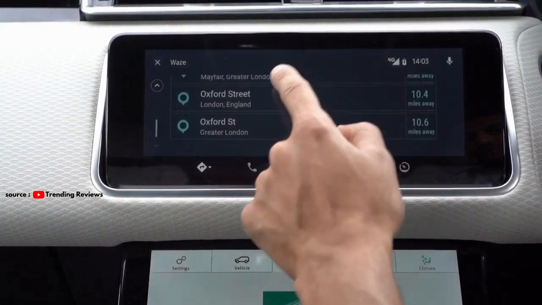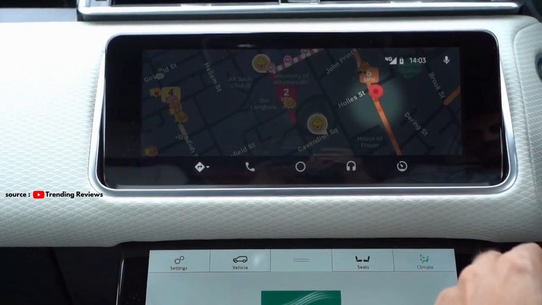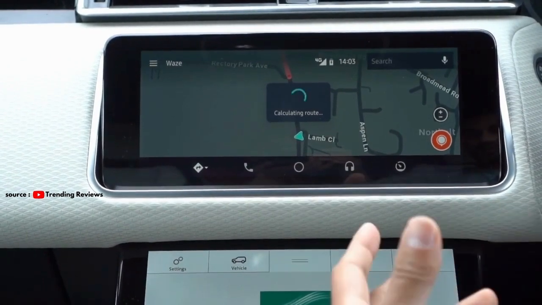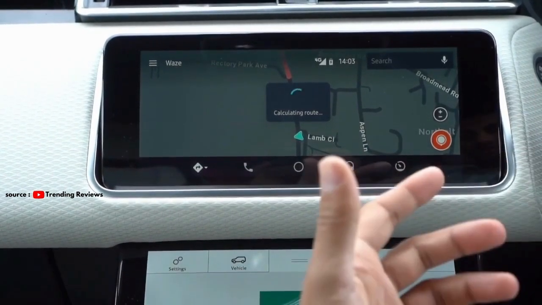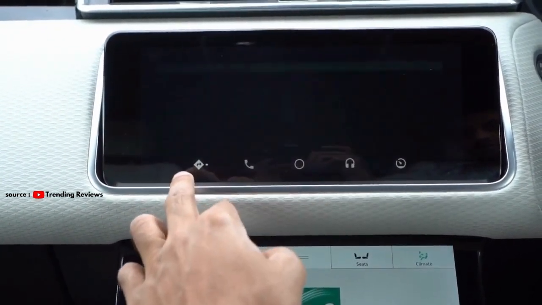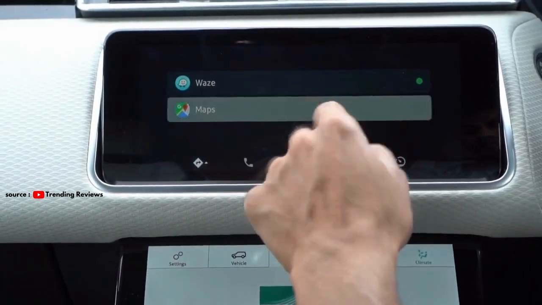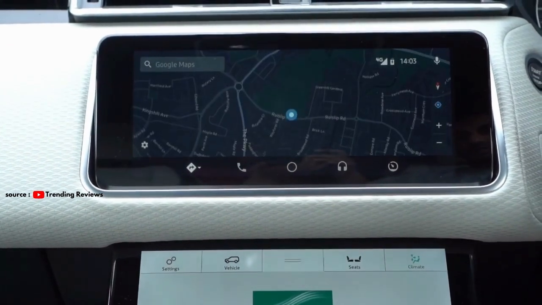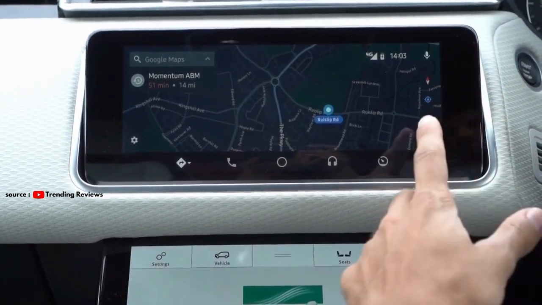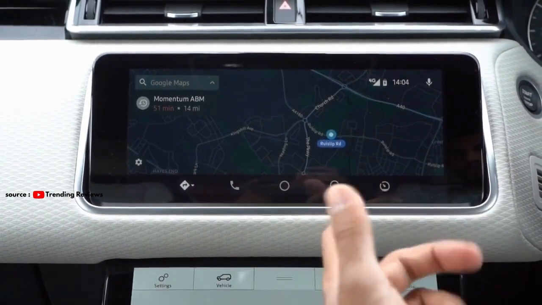This will give you a list of recommendations. Choose what you want, and then the navigation should begin. So I think it's really cool. Using voice command makes it easier and gives you many options. But if you like using another navigation app, we go back to the navigation option and select Google Maps. And we can do the same as with Waze before. So that's pretty much straightforward information about using the navigation.